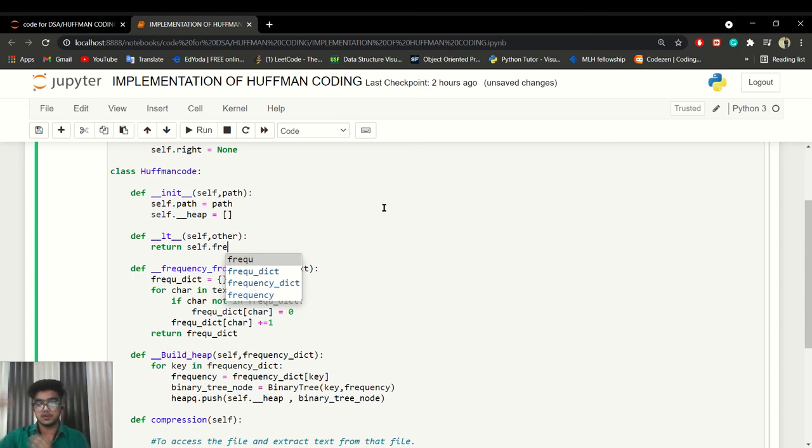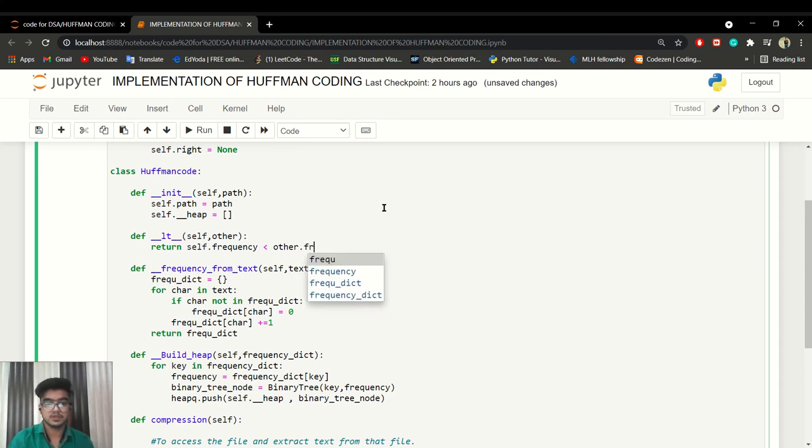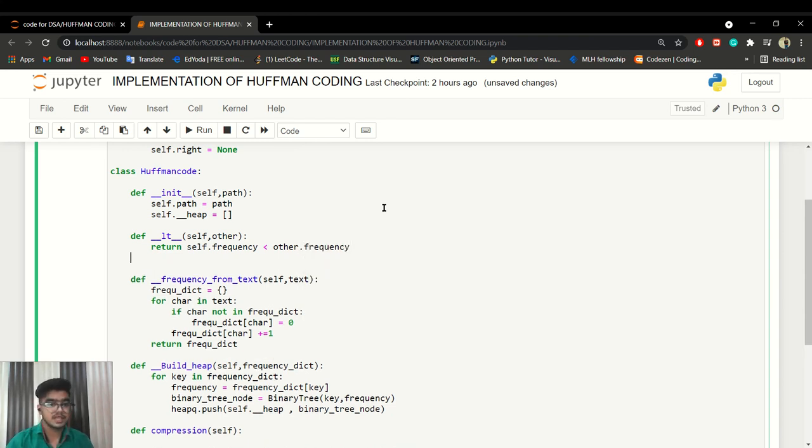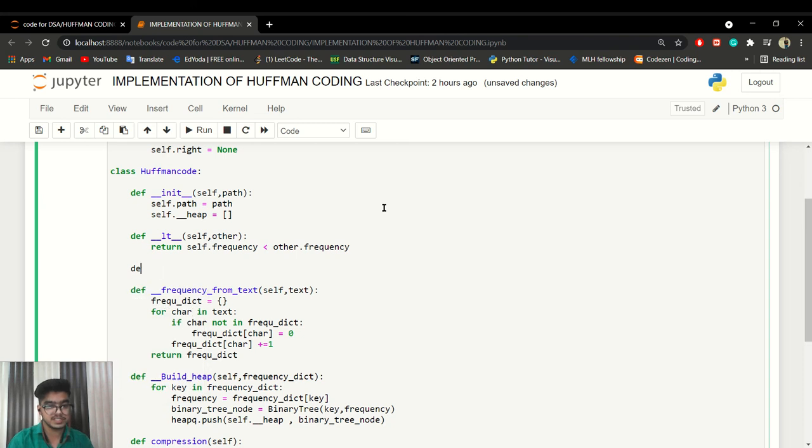The character having minimum frequency we are picking up as a node of the binary tree. So we write self dot frequency less than other dot frequency.